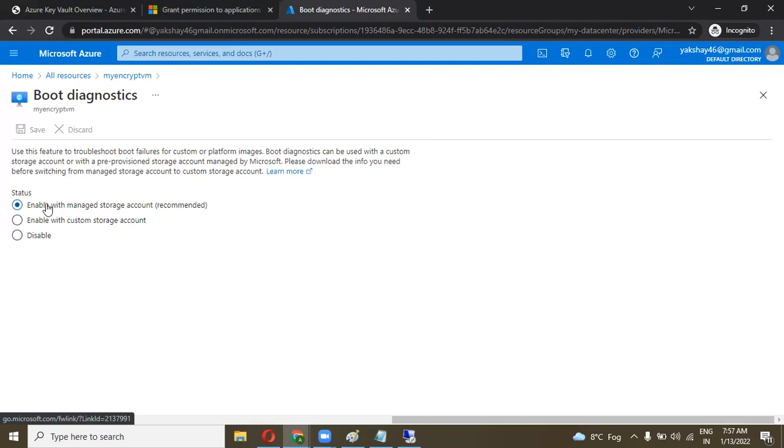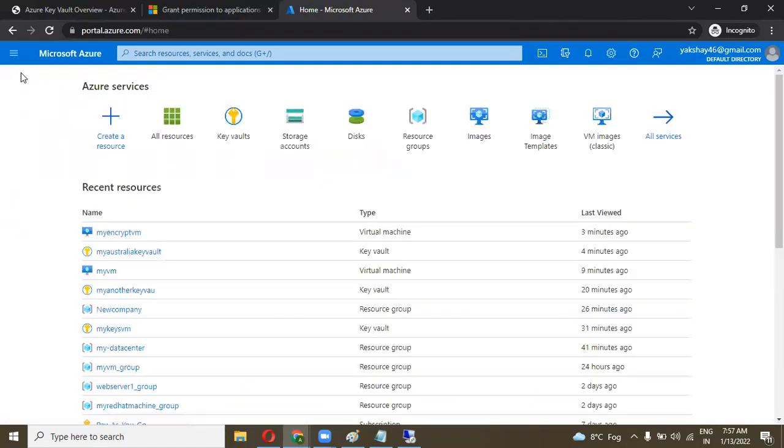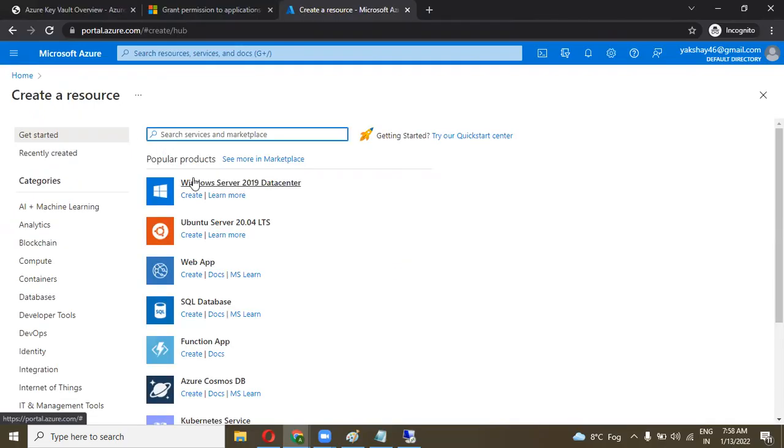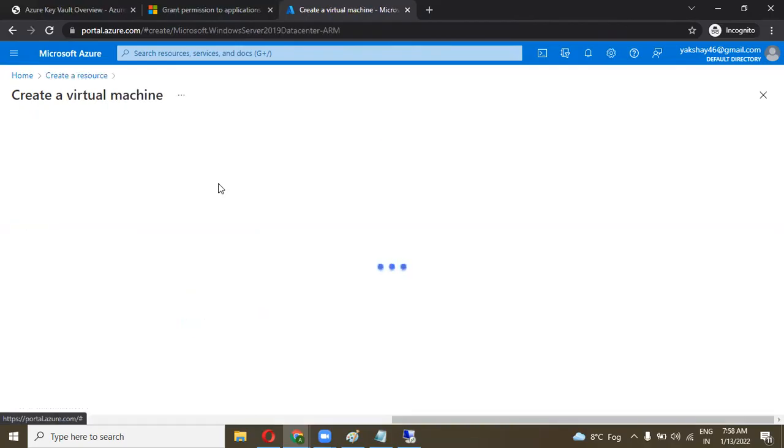Now it is set to default, because when I launch a machine, I set it as enabled. So let's see how to enable this if boot diagnostic is disabled. Go to the home panel. Let's make a resource without boot diagnostic. How to enable it? Let's go to the virtual machine.